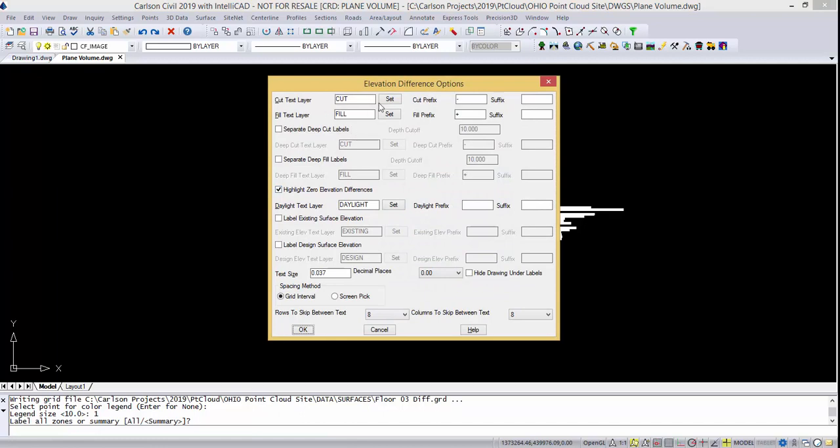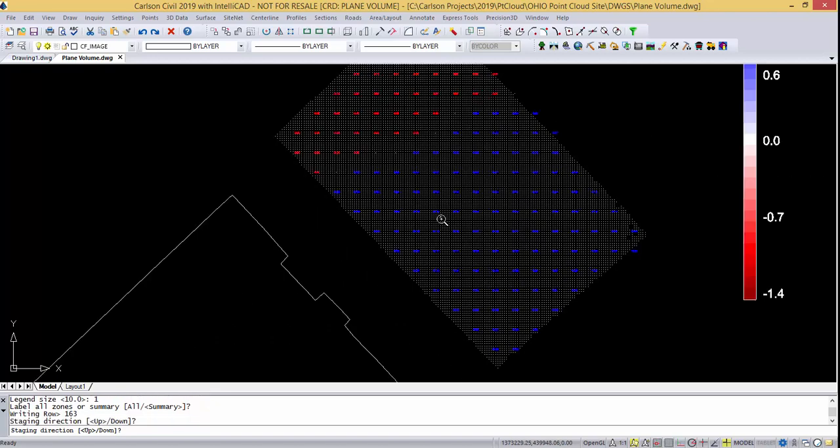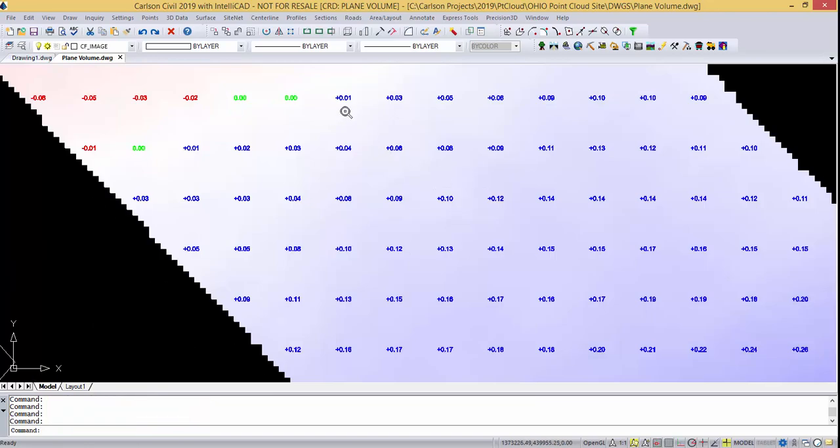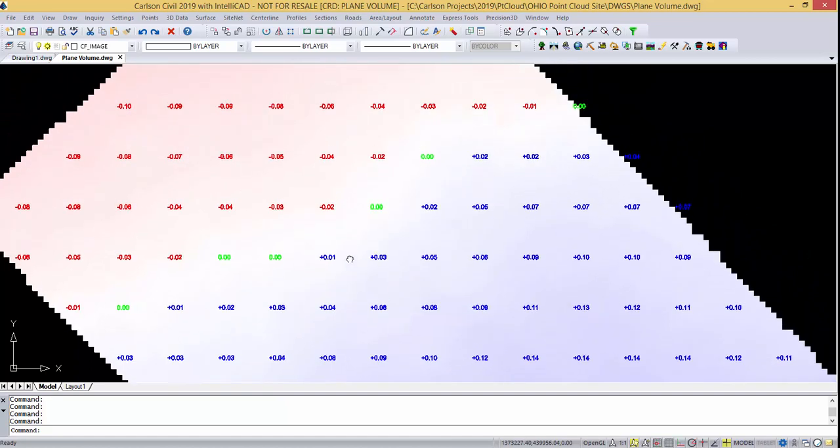Now, it comes up and says elevation difference options for plotting the cut and or fill. Now, we certainly don't want to see text every 3 inches, so I'm going to type in 0.25, that's very small text, and we're skipping every 8 rows and every 8 columns. Here I'll make it even smaller, 0.2, and just pick OK, so it should be every 2 feet. And there you have it, the text is plotting every 2 feet, and the size of the text, though it's small,